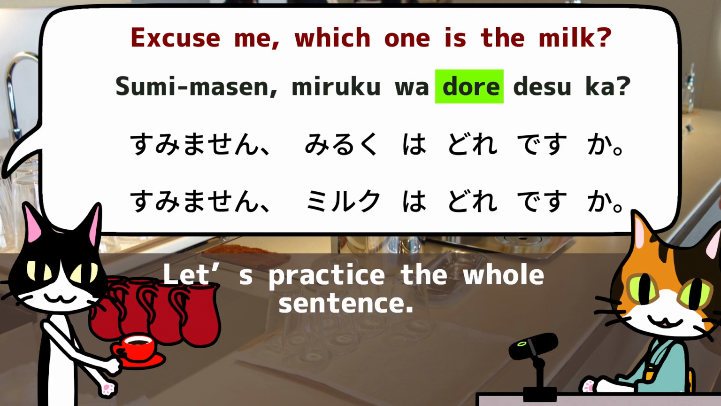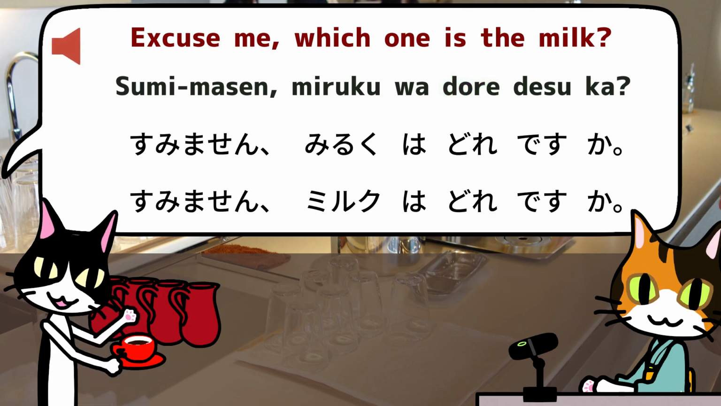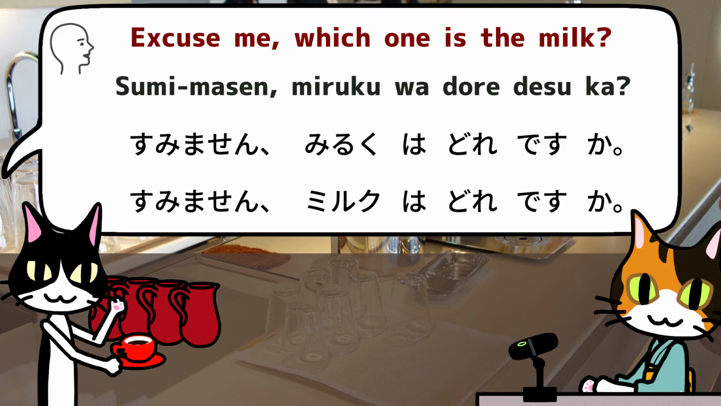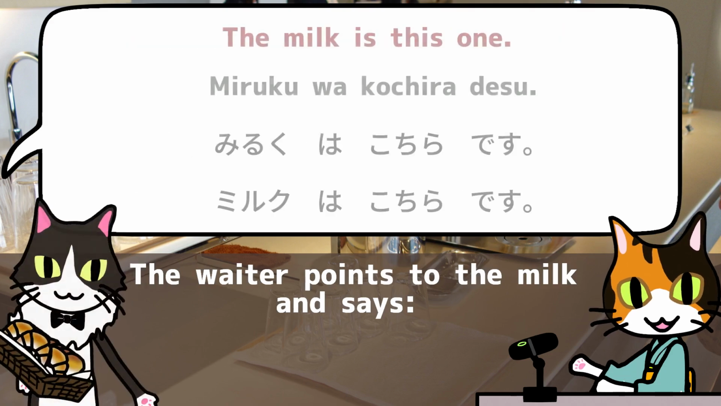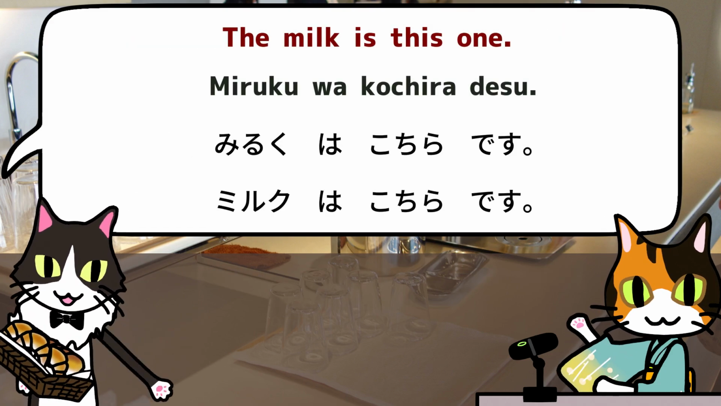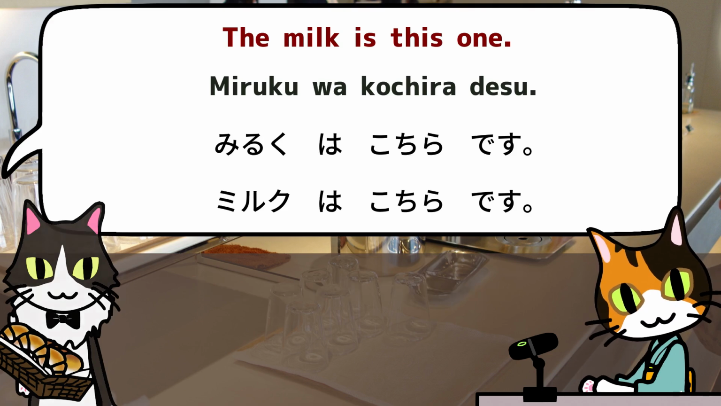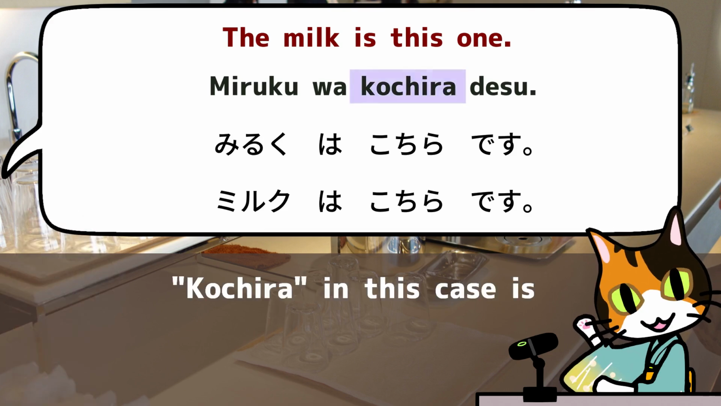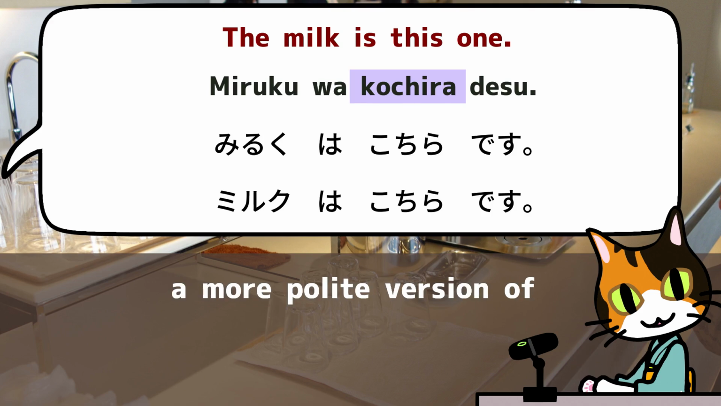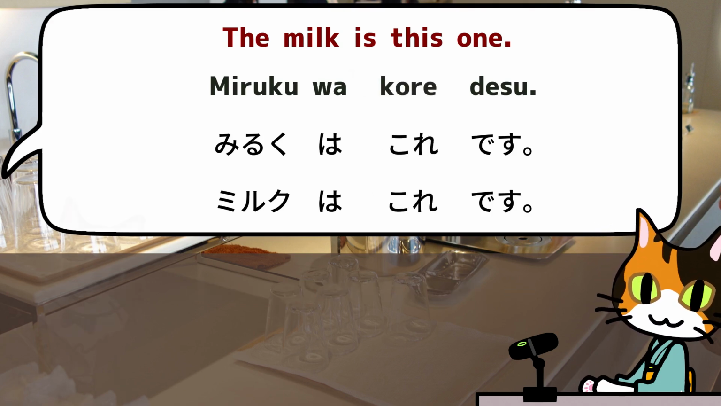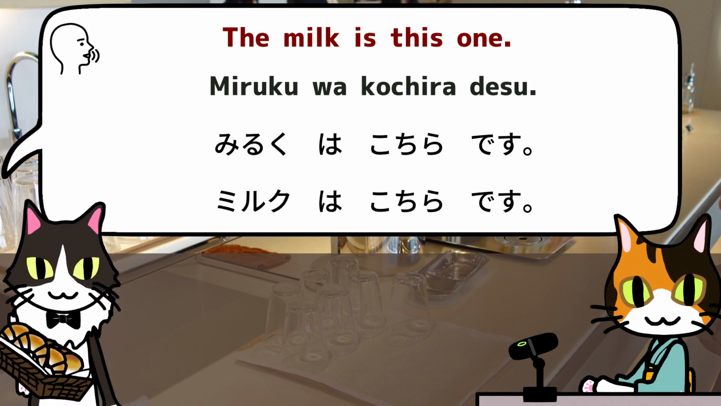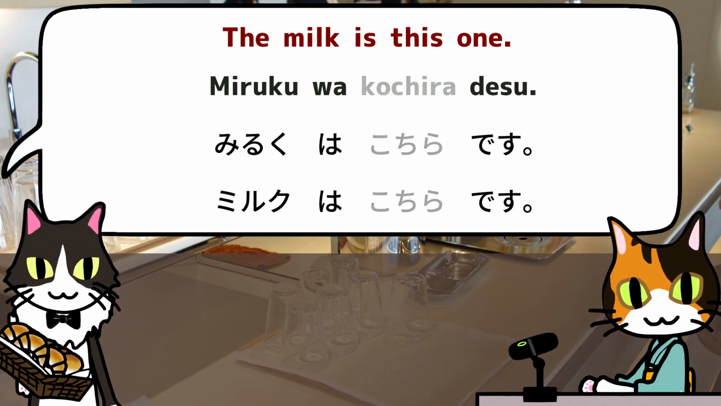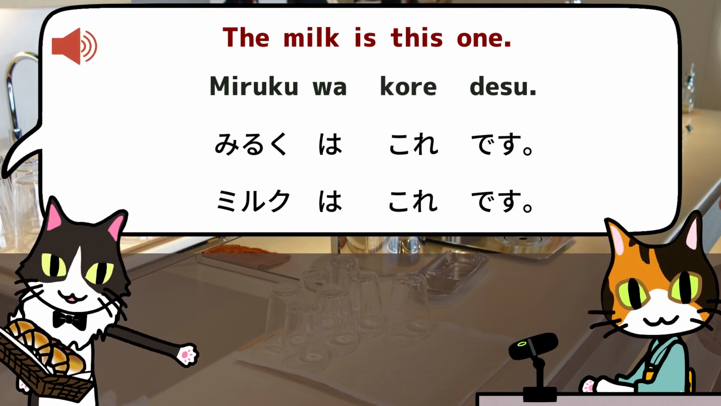Let's practice the whole sentence. すみません、ミルクはどれですか？ A good start. The waiter points to the milk and says, ミルクはこちらです。 The milk is this one. This is easy. Kochira, in this case, is a more polite version of kore. Let's practice both. ミルクはこちらです。ミルクはこれです。